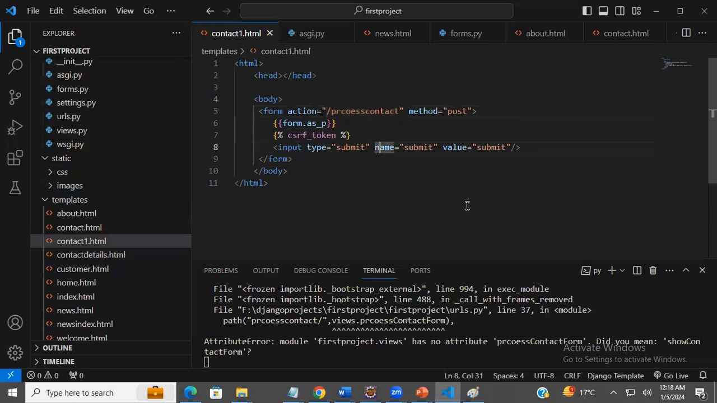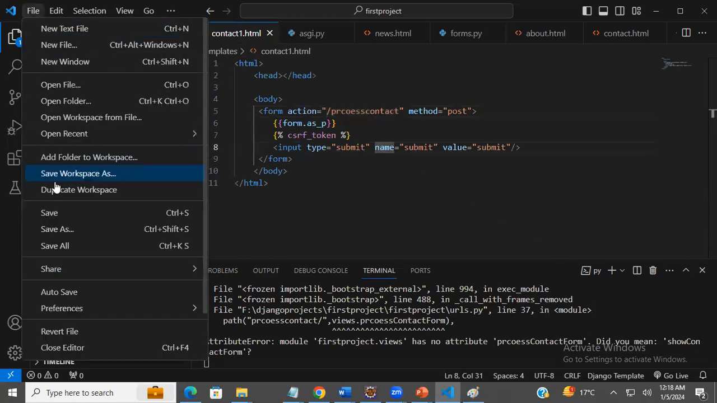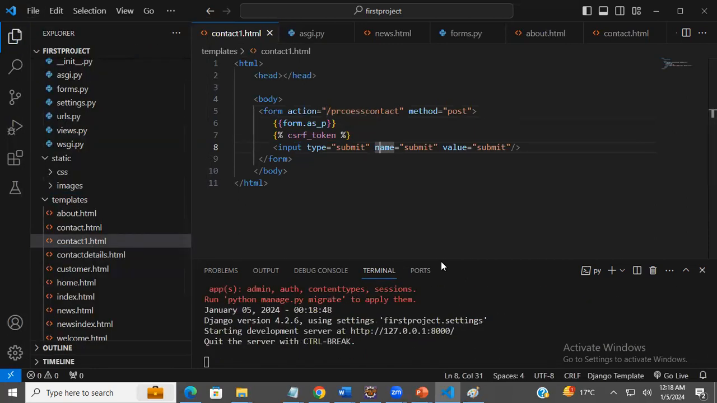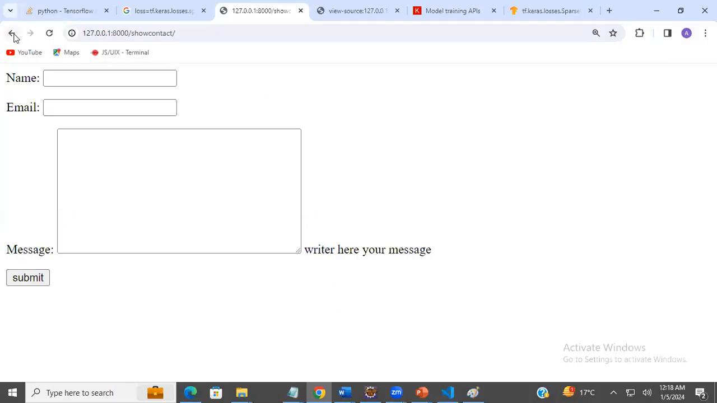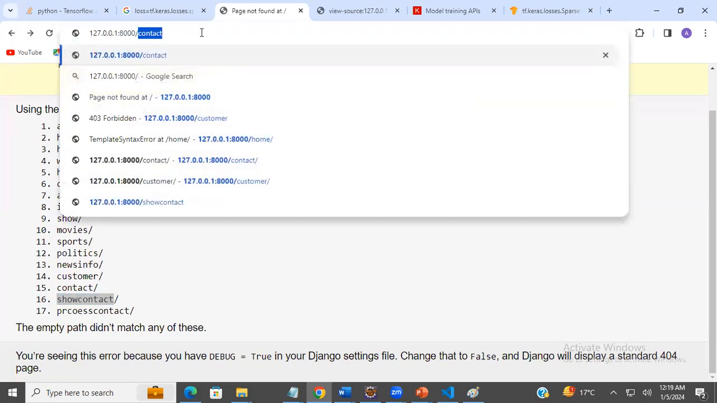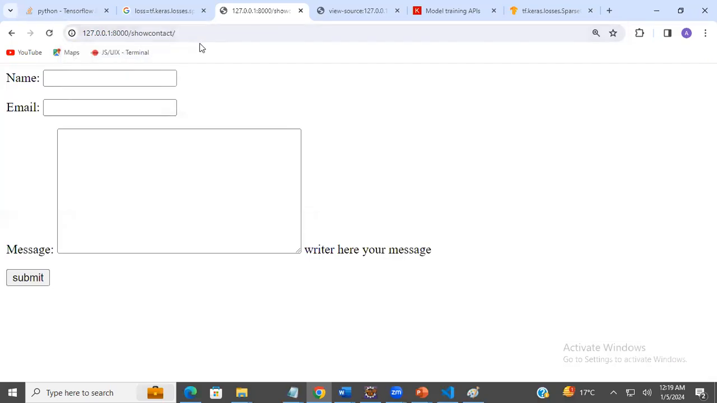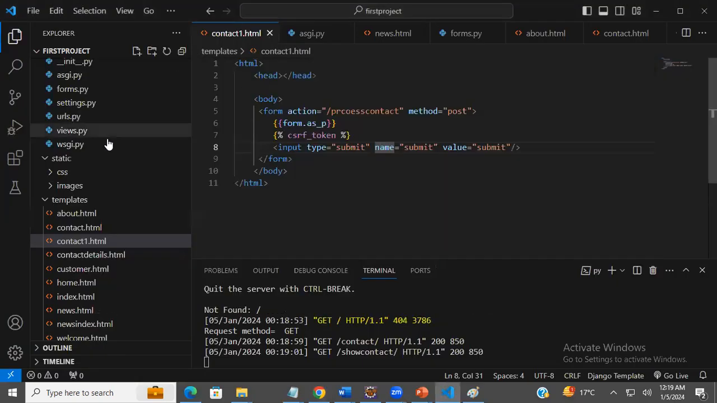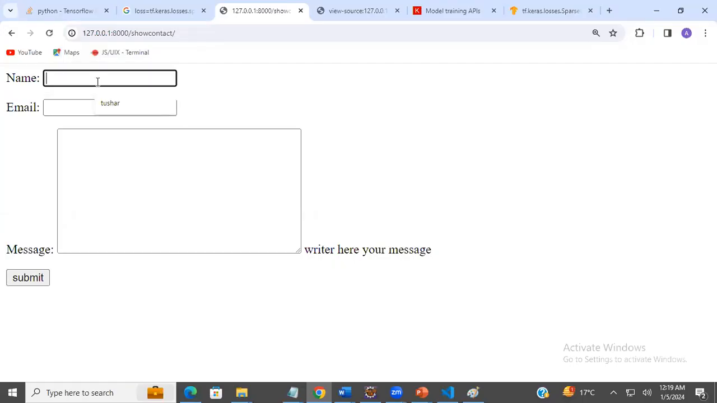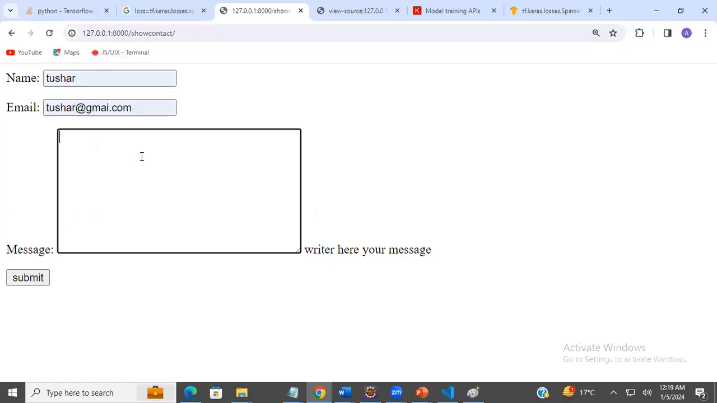Okay, let's save it. Now go to the file, click on save all. Let's save once again, and now go to the browser. Let's refresh the page. The first time you want to make a GET request, so I want to render only the form. So call show contact, and you can check it will render the form. Now you can check which request handler gets invoked. The contact form request handler gets invoked. Now once you enter some data and click on the submit button,